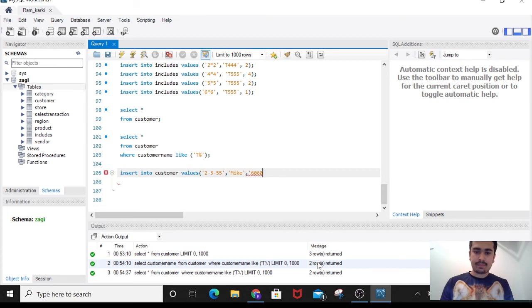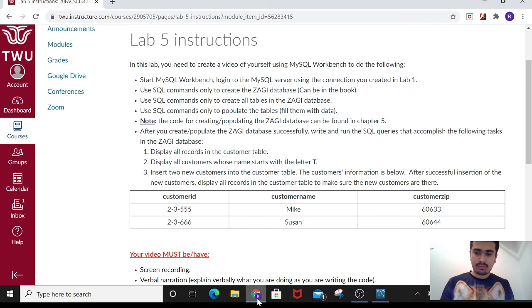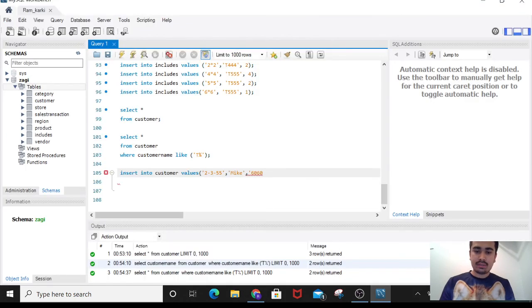Maybe that number is wrong. 60633. Okay. Display, close the bracket, semicolon, then insert into